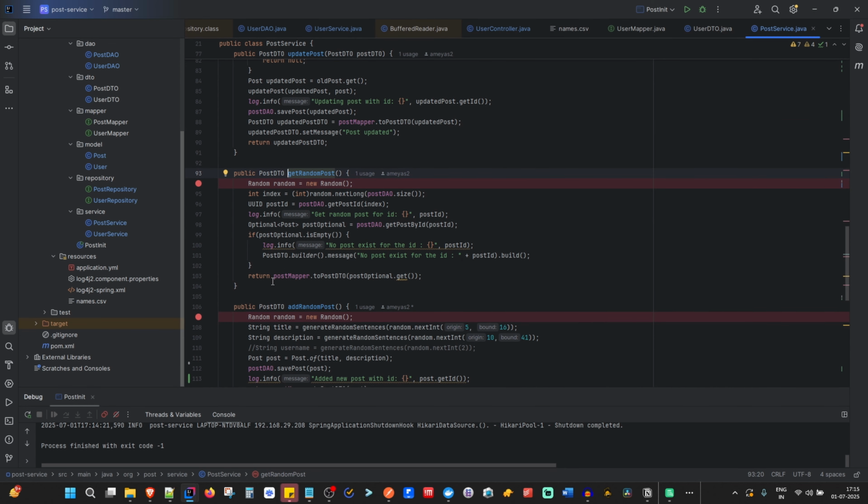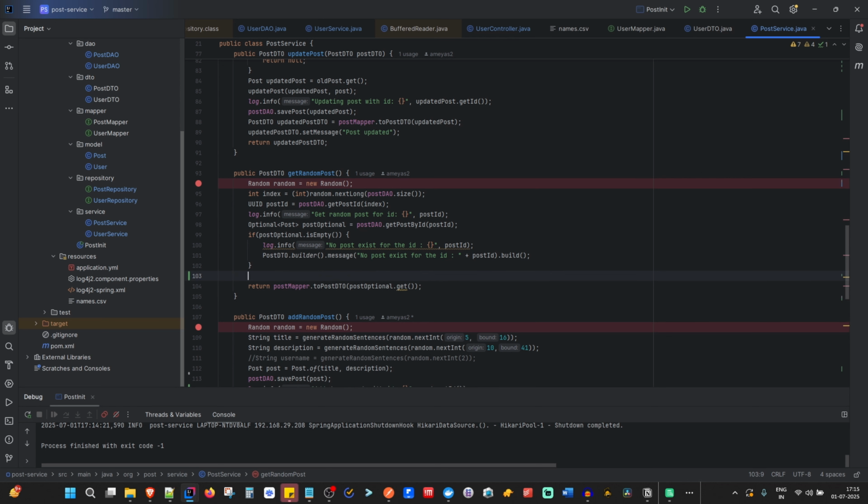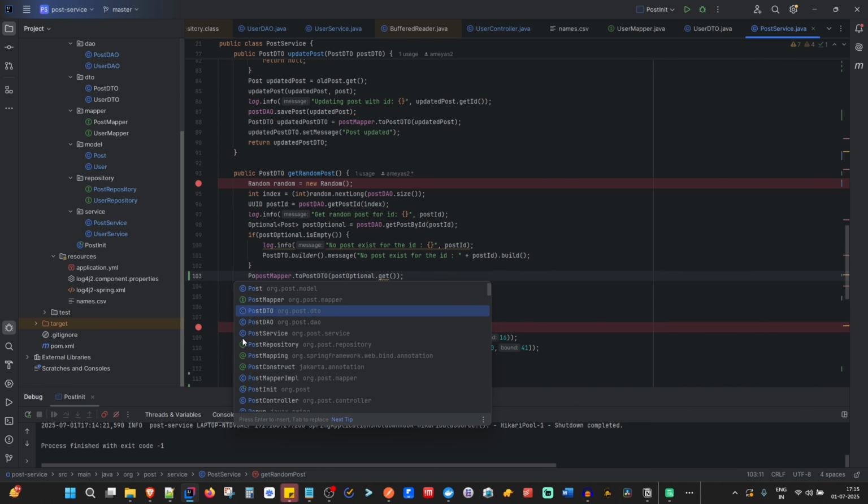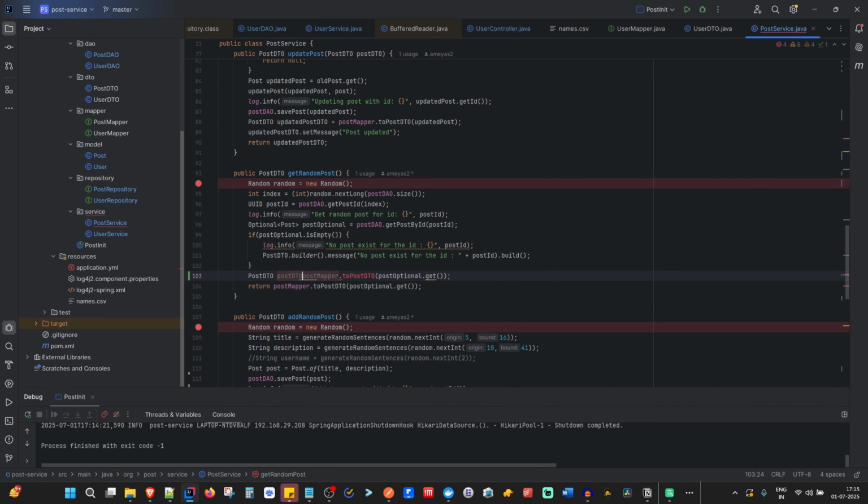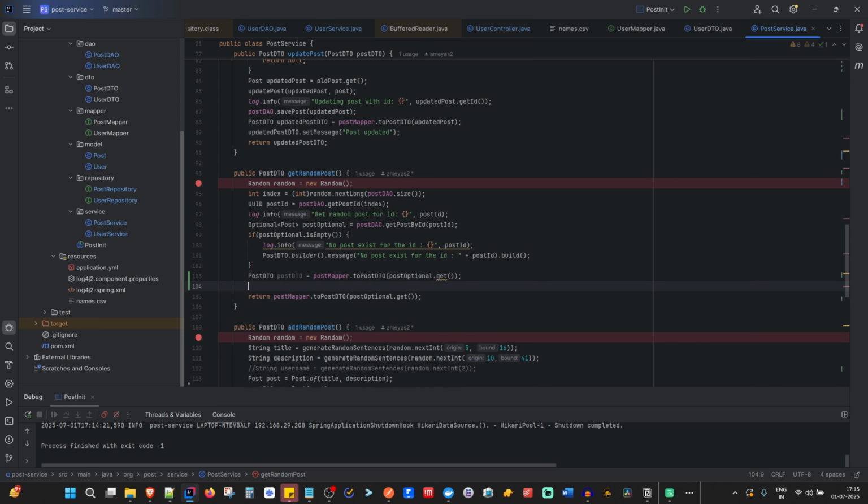Get post by ID, get random post by ID. It returns a random post and post DTO.get. And it should also have the user, is what I'm expecting. Goes post mapper, post DTO. Post DTO is equal to this, and